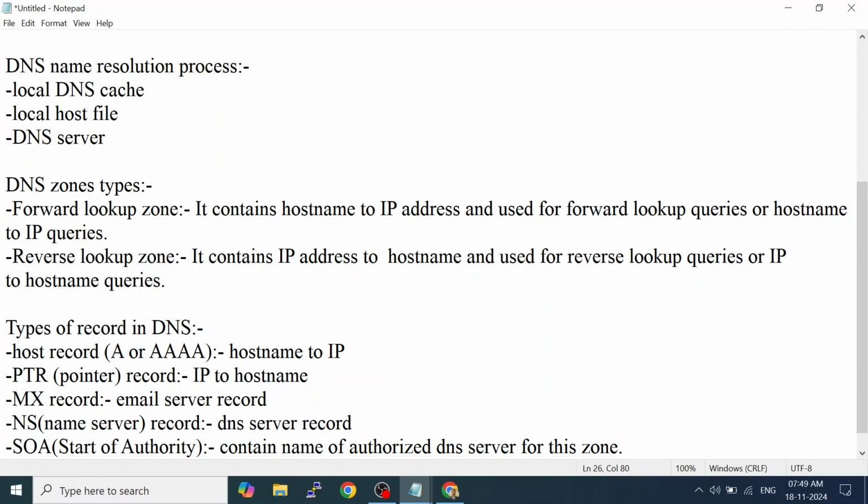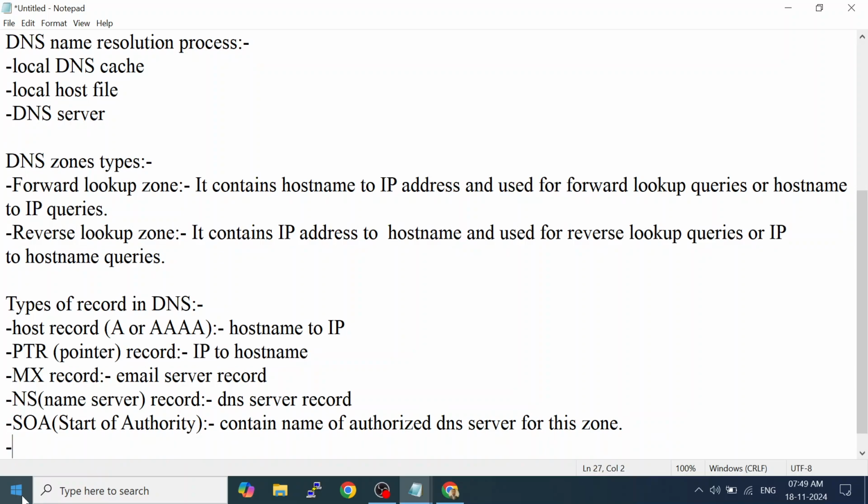Because there can be more than one DNS server, but who is responsible for name resolution? That name will be mentioned in the SOA record. So this SOA record is created automatically. When you create a DNS server and zone, SOA and NS, two records are created. Then we create host records and other records on our own.